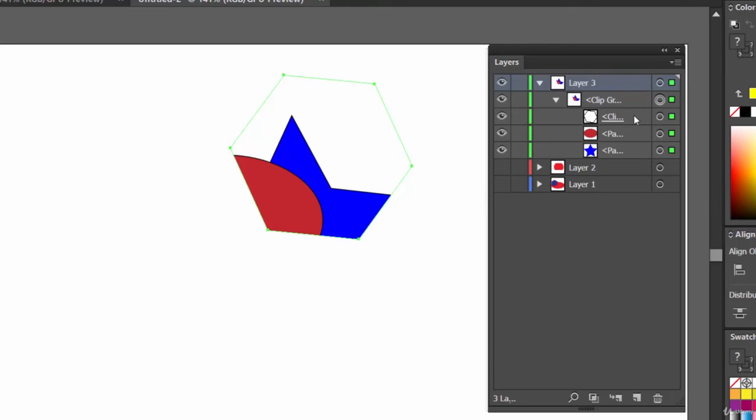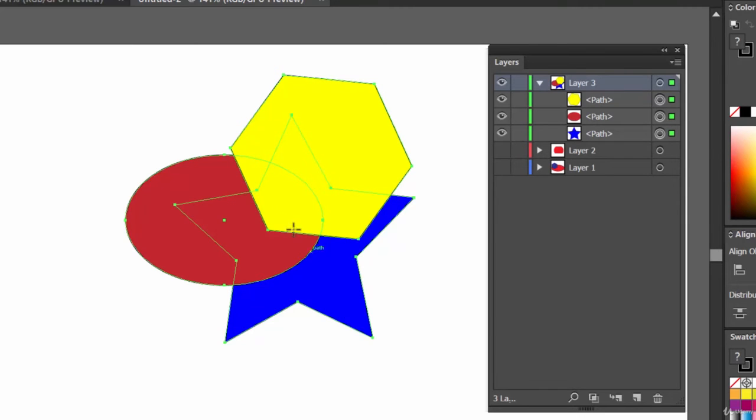See here, the top path is the base path. It's the key path. So let me undo, press Ctrl Z. So we will be able to see all of those shapes which are under this key path. But how much? Only that part of the path which is inside this base path. See here. So we are going to get this part of ellipse and this part of the star, right?